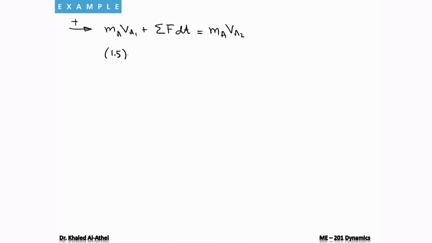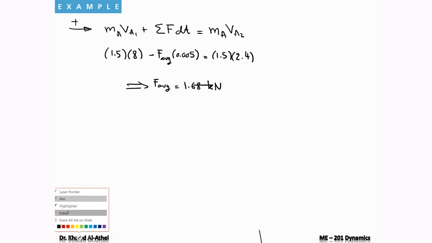Now what I have, the mass is 1.5 multiplied by initial velocity 8. Now B will act on A, so it's going to be opposite, so it's going to be minus. I don't know the value, so I'm going to say it asks you to find F average, so I'm going to write F average times the time, 0.005 seconds, equals mass 1.5, and VA2 was calculated from the previous case as 2.4. This should give you an answer that F average, the average impulsive force, equals 1.68